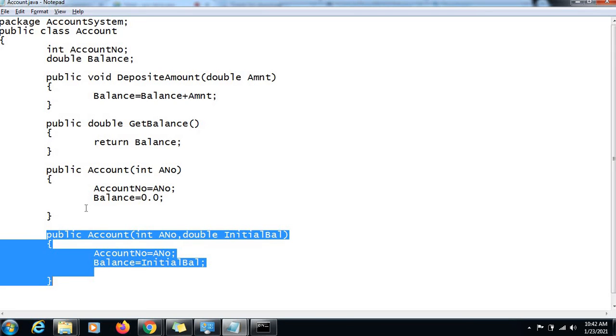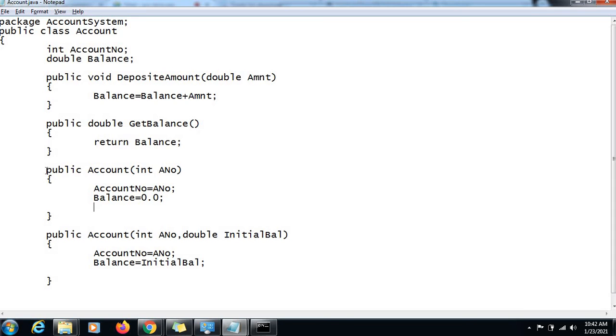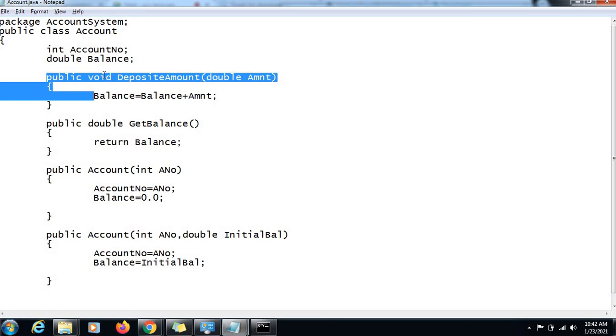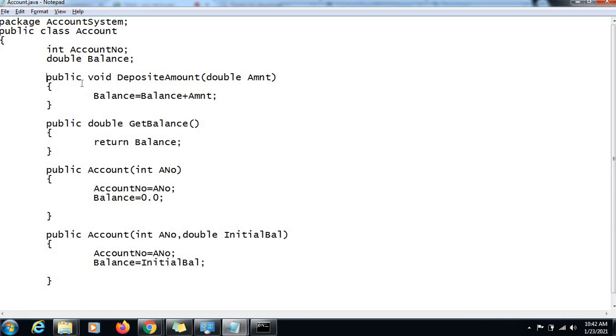Now what is constructor overloading? Same name. You can see the name of the method, this is also a method, guys, the constructor is also a method, right? It just doesn't have any return type, whereas for other methods we need to mention the return type. Even if we don't return anything, we need to mention void as a return type. But the definition of a method needs three things: return type, name, and parameter list.